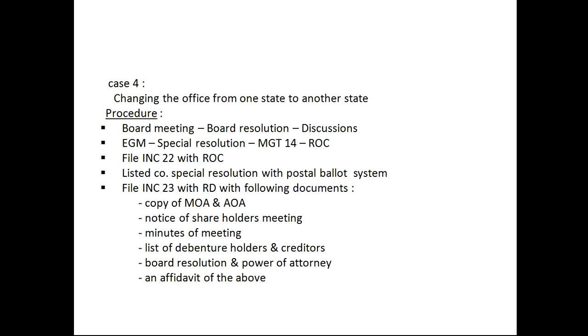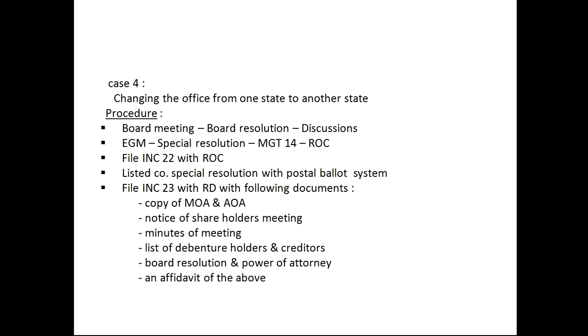In the last case, changing the office from one state to another state, that is from one regional director to another regional director, the procedure is: hold a board meeting, pass a board resolution and have discussions for changing. An EGM is to be held, pass a special resolution, file MGT 14 with ROC, file INC 22 with ROC within 30 days. In case of a listed company, the special resolution is to be passed through the postal ballot system. File INC 23 with RD